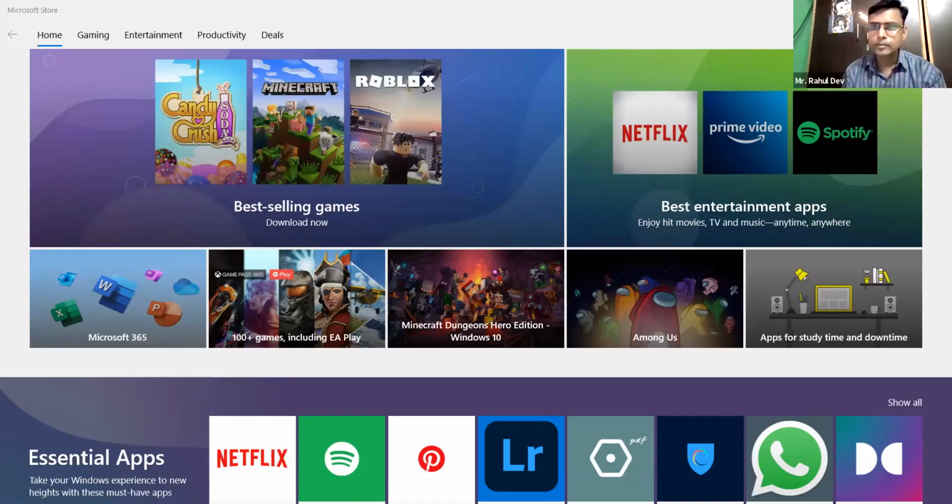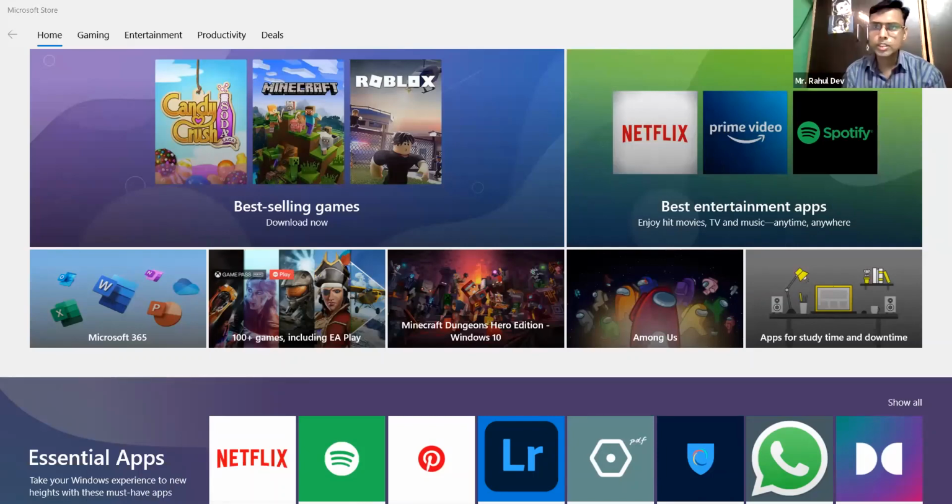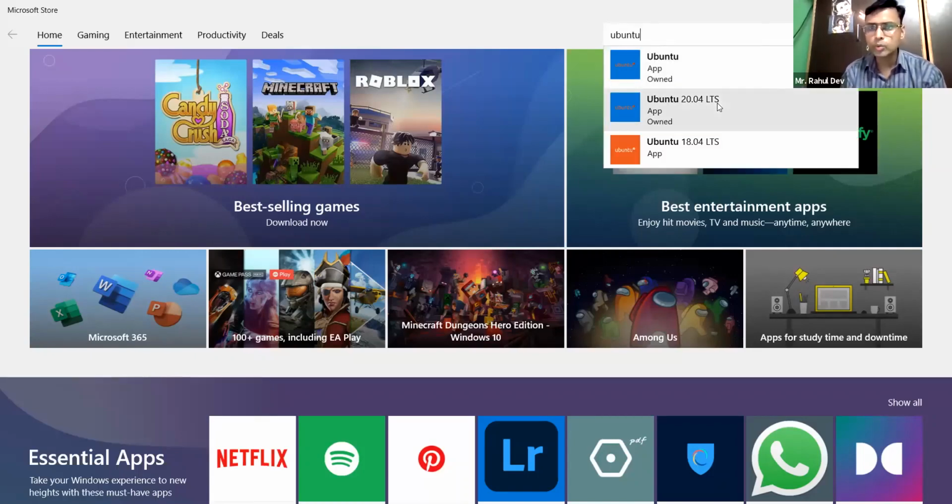Now he's reached the Microsoft Store, where you usually go for installing Netflix or any other thing, any game or whatever. So he's going further. Just stop him wherever you feel there's a problem. Go to the search box and type Ubuntu here, and you would get Ubuntu 20.04 LTS. So click on the LTS,